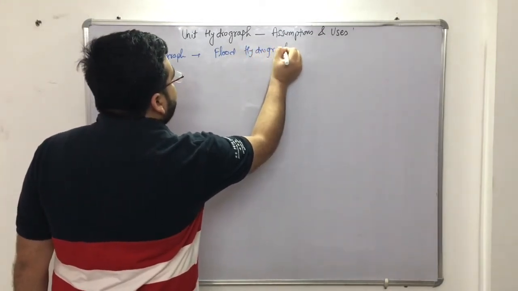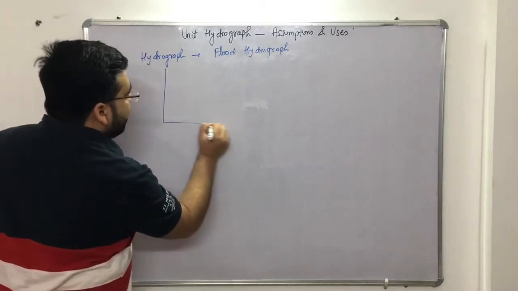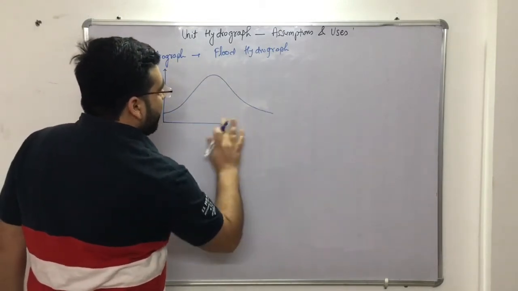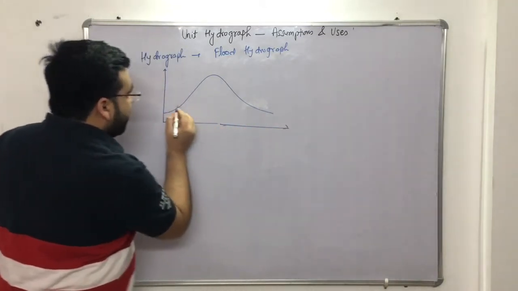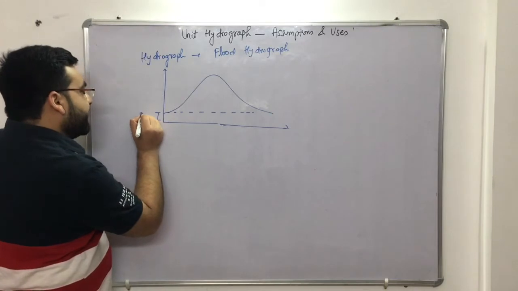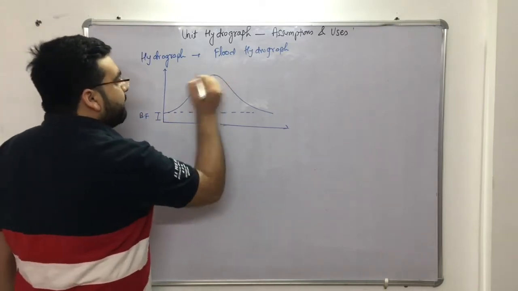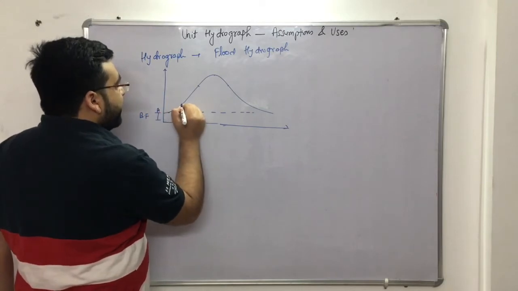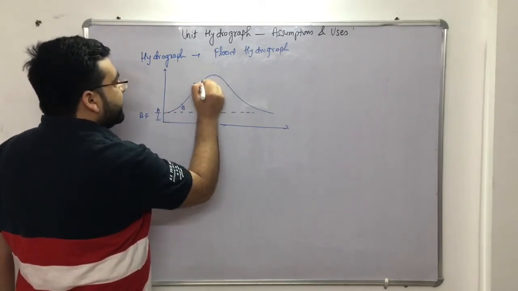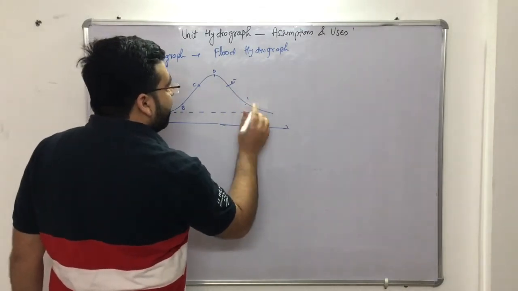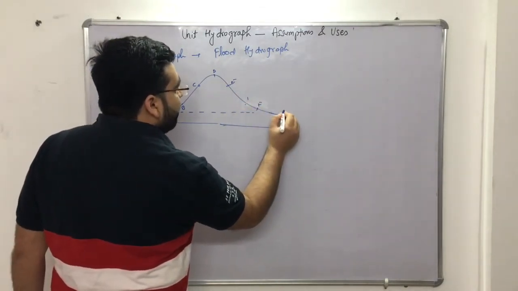So this was the hydrograph in which the base flow was also there. It had base flow. This is the peak. These are the inflection points. That is, this point A, this is point B, point C, point D, point E, point F, point G, right?